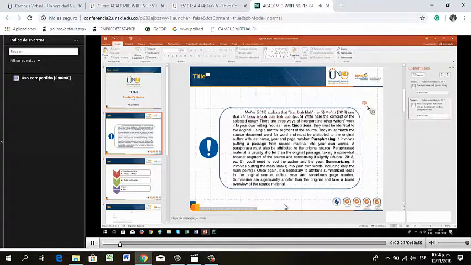In this one, it says the concept, okay, the definition of the essay you are explaining. And in this case, you are going to need in-text citation. In-text citation means that since those definitions are not ours, they are from other authors that have already researched on the topic and have worked with those definitions, then we have to give them credit. There are different ways to give credit to